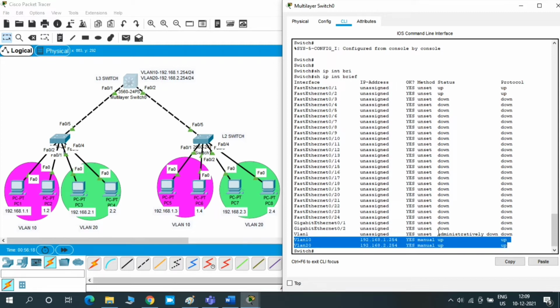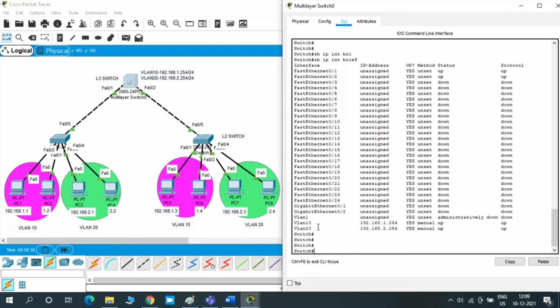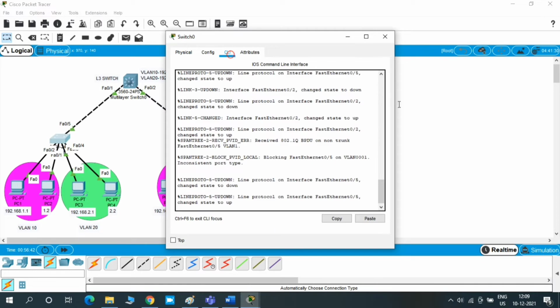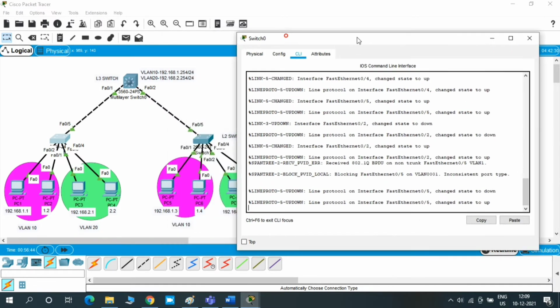If you want to troubleshoot on Packet Tracer, try giving switchport trunk allowed vlan 10 and later give switchport mode trunk on the physical interface. Then only VLAN 10 protocol status will show up and VLAN 20 will show down. Or else, the second way: create VLAN 30 and don't allow it on any physical interface. Then you can see VLAN 30 protocol status will be down.